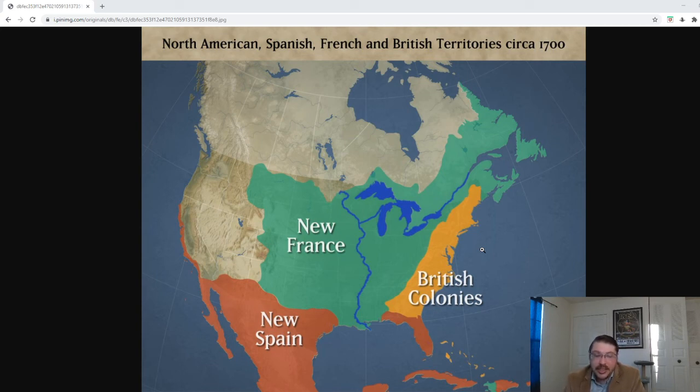Now, the British, they took a much different approach. Maybe this was because the Brits had fought a lot of wars, or maybe because their home islands didn't have a ton of natural wealth. They decided that they didn't want to spend a lot of money on a massive military presence in their foreign colonies. So what they decided to do was tell any of their subjects who decided to become colonists, hey, bring